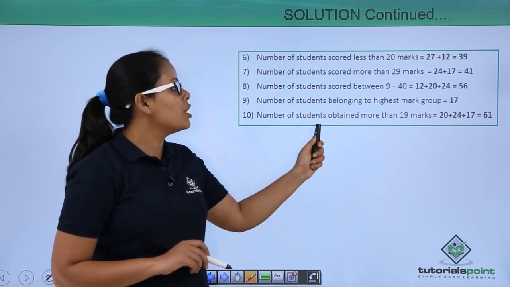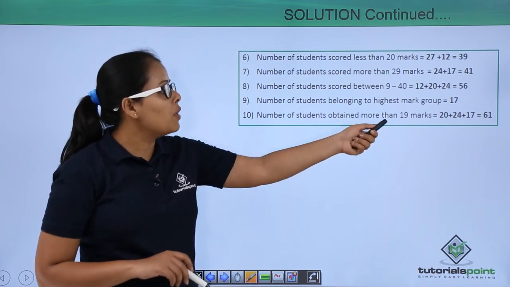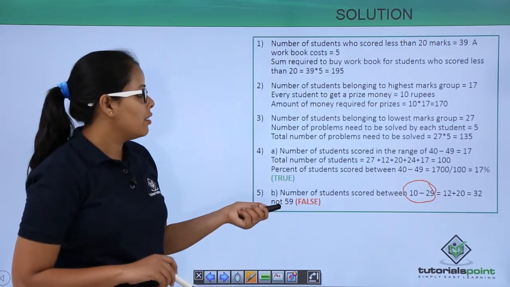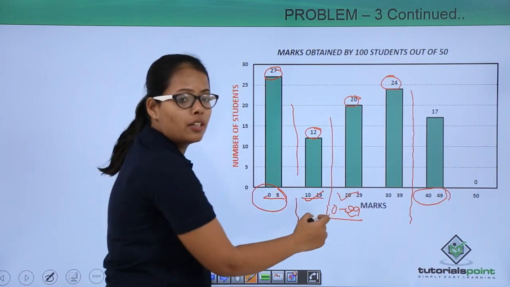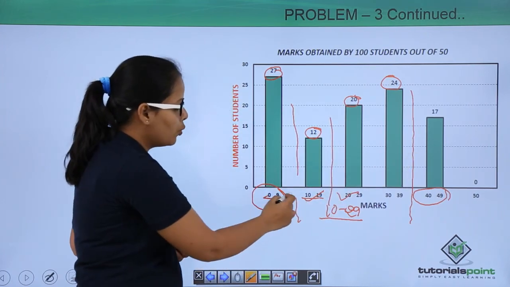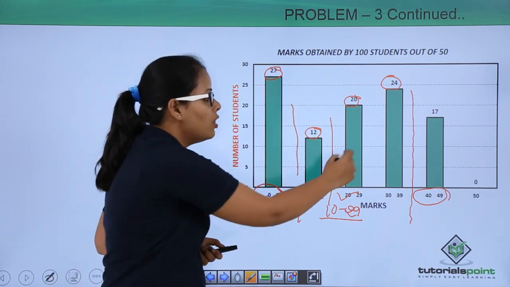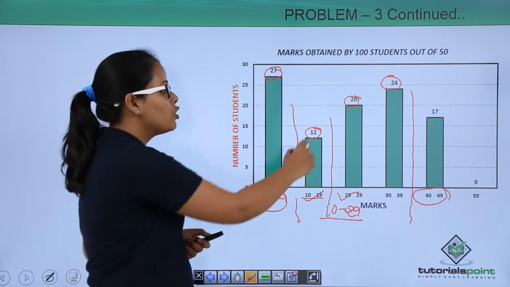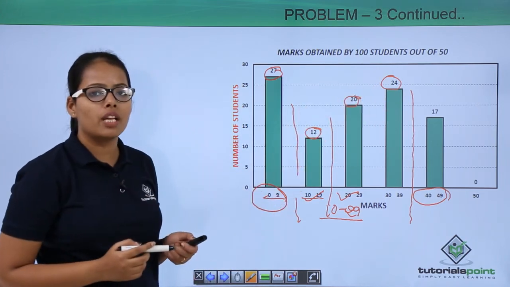Now, the number of students who obtained more than 90 marks. More than 90 marks will be, here you need to consider all these levels, because 0 to 9 and 10 to 19 are less than 19, and all the other levels are more than 19. So you will sum 20 plus 24 plus 17 to get the answer to the last question,